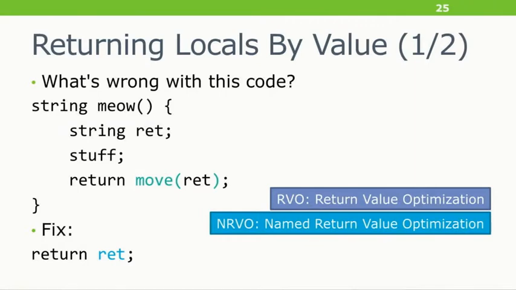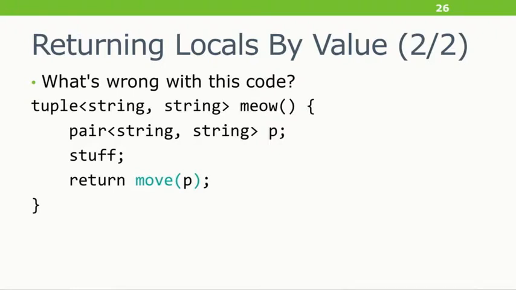Basically, if the NRVO happens, no instructions, optimal. If it can't, for example, for an assignment, then you get move semantics, which is almost optimal. They work together. They don't conflict. So don't say move there. Now here's a related example. Here I've got a couple types that are interconvertible. Here I've got a tuple of string, meow is returning that. And I've got a local variable of type pair of string, and then I do some stuff. And then I want to move it out, so I say move p. Who sees what's wrong with this?